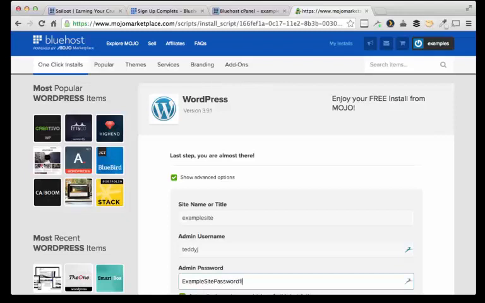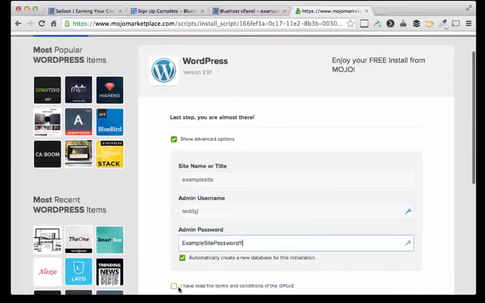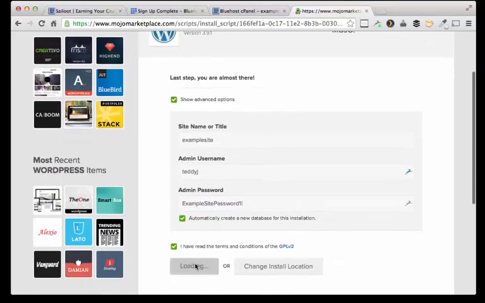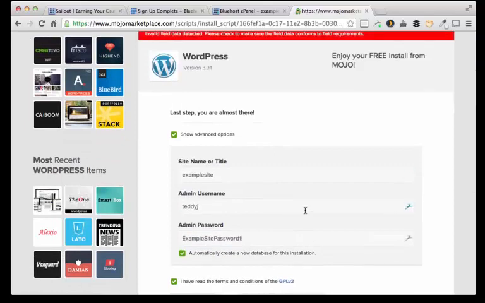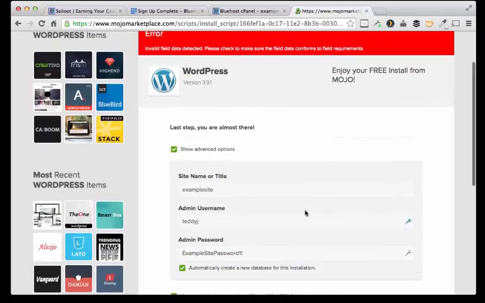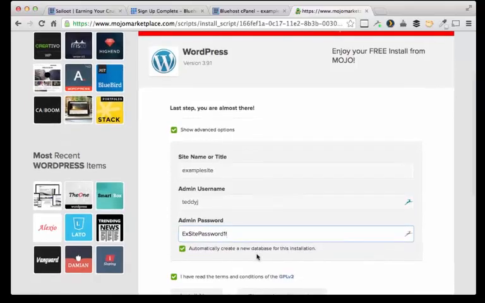Password 1. Install now. EX site password 1. You know, sometimes this thing